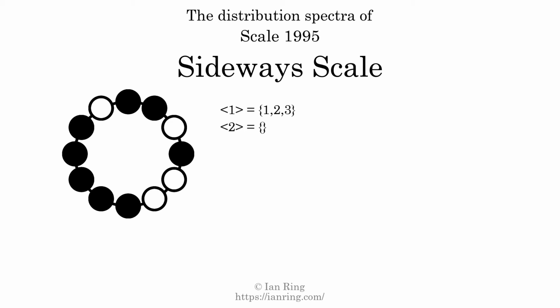The generic interval of 2 scale steps comes in 4 different specific interval sizes: 2 semitones, 3 semitones, 4 semitones, and 5 semitones. The spectrum width of this generic interval is 3. The generic interval of 3 scale steps comes in 4 different specific interval sizes: 3 semitones, 4 semitones, 5 semitones, and 6 semitones. The spectrum width of this generic interval is 3.